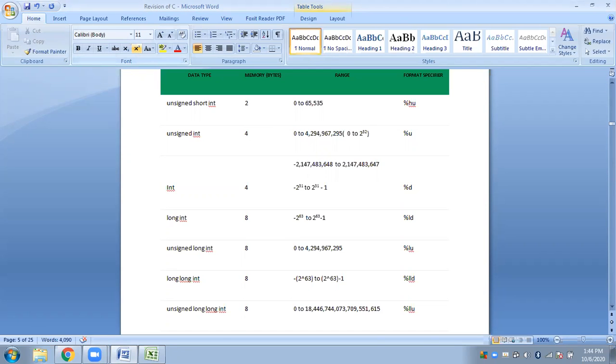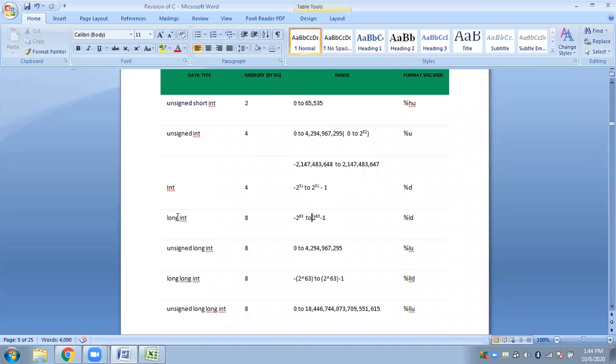Okay, so this is how we get the range from the bytes occupied. So long int will be this, you just find it in the calculator, and that is how we will get the range. I am just writing it in exponential form. Next we have unsigned long int. Just like short int and unsigned short int, we also have unsigned long int.